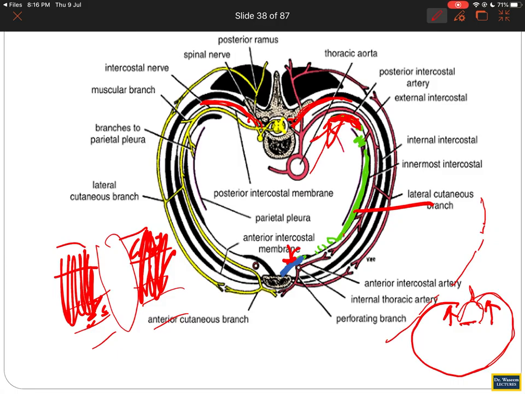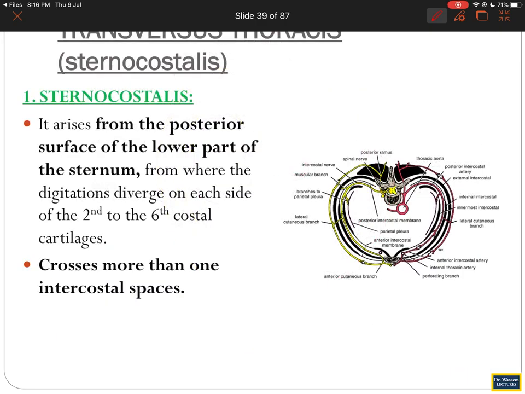And these muscles are not between rib to rib, they are actually covering like patches, covering 2 to 3 spaces together without interruption. So they cannot be called intercostals, but they are lying inside obviously. So the first muscle group that I was telling you, this small slip covering 2 to 3 ribs, obviously 2 to 3 spaces here, from the posterior surface of the lower part of the sternum it will take origin,